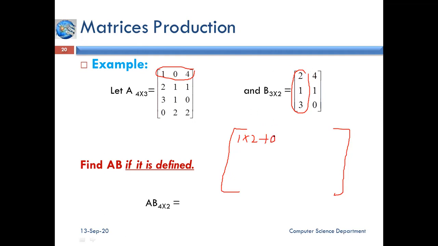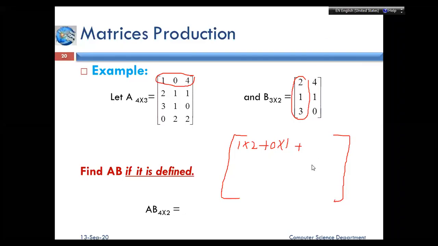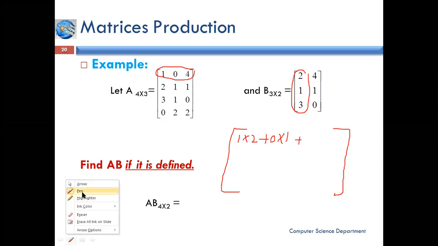So 0 by 1 plus 4 by 3, 12. Okay, so then make the addition. 1 by 2, 2, plus 0 by 1 is equal to 0,